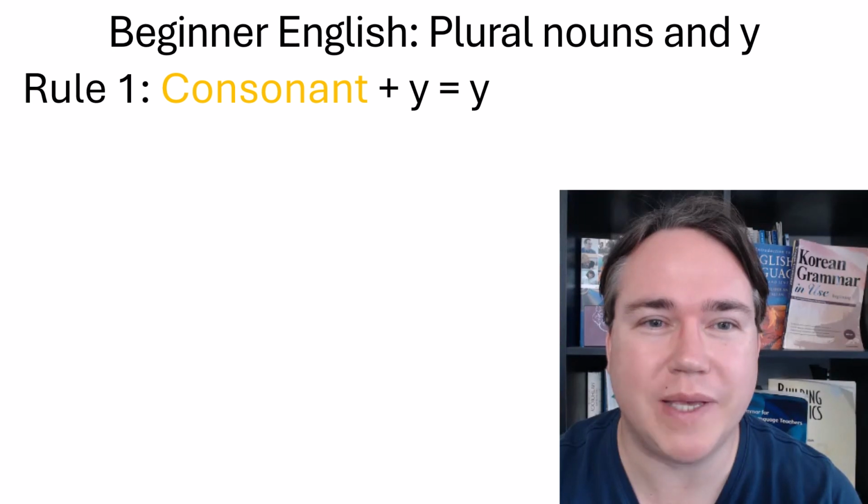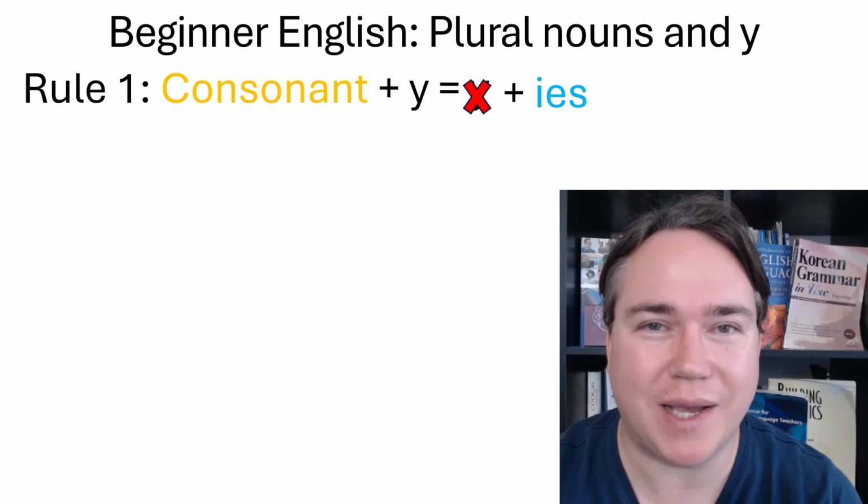The first rule is consonant plus Y means you have to remove the Y and add IES. Now you might wonder, what are consonants? Consonants are the following letters and sounds: